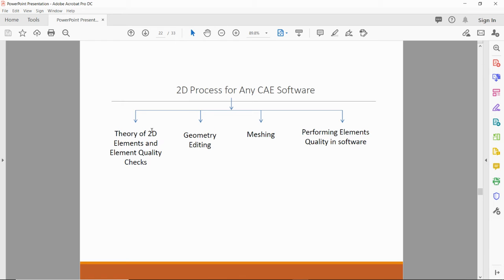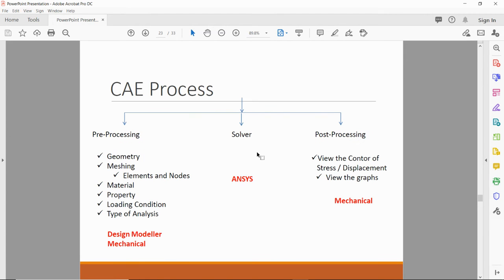This means first you have to know the theory of 2D elements and how to check the element quality, then edit the geometry as per your problem statement, then mesh the problem, and after meshing the component you have to check the element quality. You have to perform the element quality check in the software.